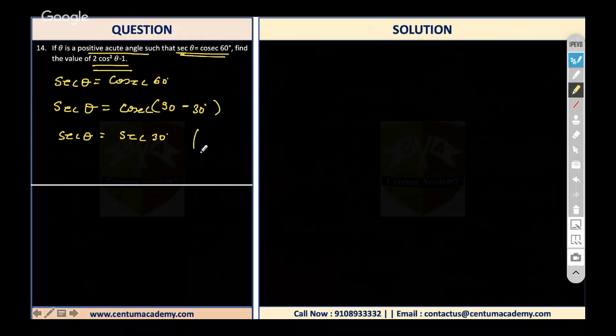Okay, so mention this. Why? You have to mention the reason. The reason is cosec(90 minus theta) is equal to sec theta. So sec 30 degrees. Now sec theta is sec 30 degrees, so theta is equal to 30 degrees for acute values. Theta is 30 degrees. Now, what is the value of